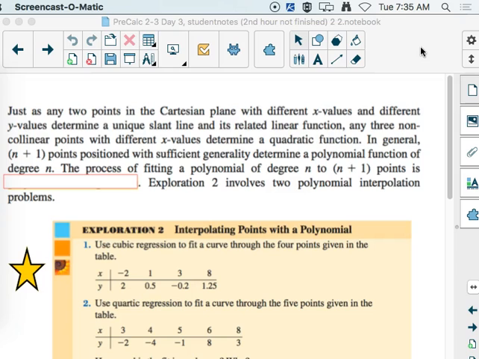And we're going to find that our graphing calculator doesn't have an endless supply of regressions on there, but we also know that anything that's odd kind of behaves like a cubic, and so we could kind of use that when we get to the higher powers, the higher degrees. And that process of fitting a polynomial of degree n to n plus 1 points is called